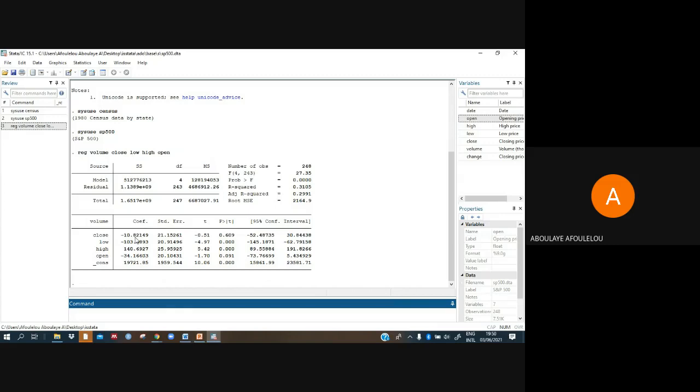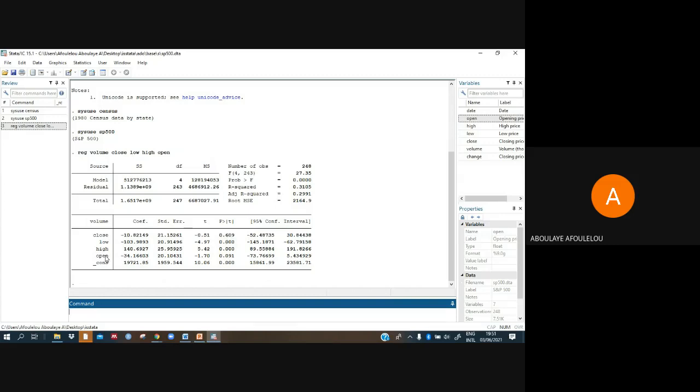We have to see if this relationship is significant just by looking at the p-value. When the p-value is less than our significance level, we will say that this relationship, this correlation, is significant. But if it's greater than our significance level, the correlation is negative but not statistically significant. As you can see here, that value is greater than our significance level, which is 5%. Then we have a negative relationship but not statistically significant.